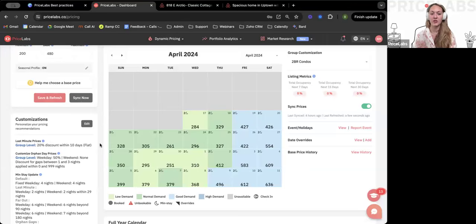So if you are looking at your compare competitor calendar, something very important, your prices are not impacted by the listings that you choose there. It's purely for your own understanding of your prices. This way you can go in and it can help you make decisions when you're fine tuning your strategy. So whether those are your customizations or those date specific overrides that you're doing,